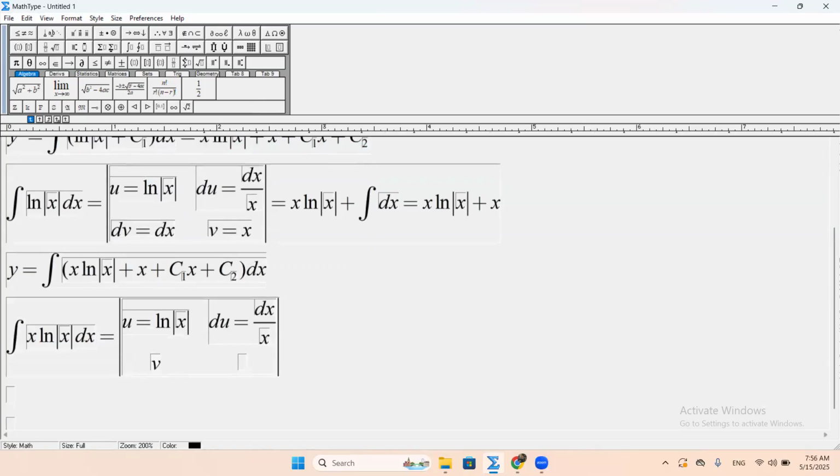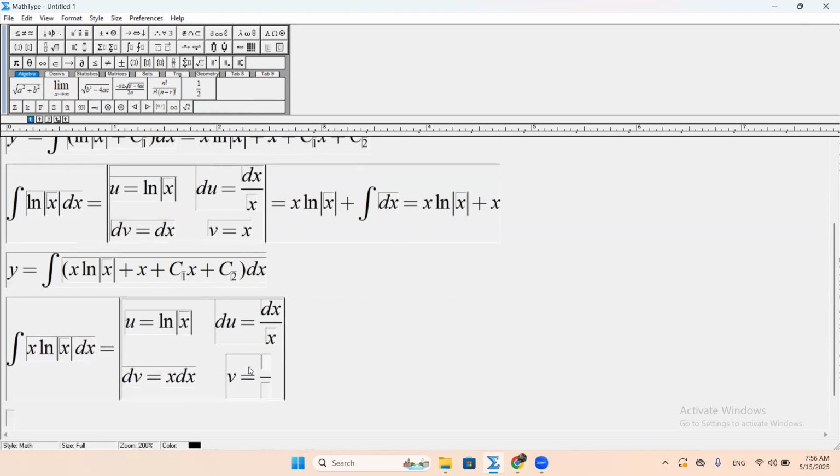Okay, if dv equals x dx, so v equals 1 over 2x square. So we're having 1 over 2x square logarithm of x